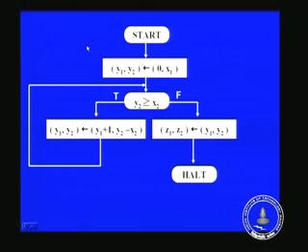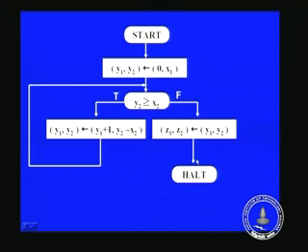So, initially when you start, y1 is assigned the value 0 and y2 is assigned the value x1, and next you go to the control statement y2 greater than or equal to x2, and if it is true you take this path, and y1 will be assigned y1 plus 1 and y2 will be assigned y2 minus x2, and you go here. If this is false, you take this path. In that case, outputs z1 and z2 are assigned the values of y1 and y2, and you get the Halt